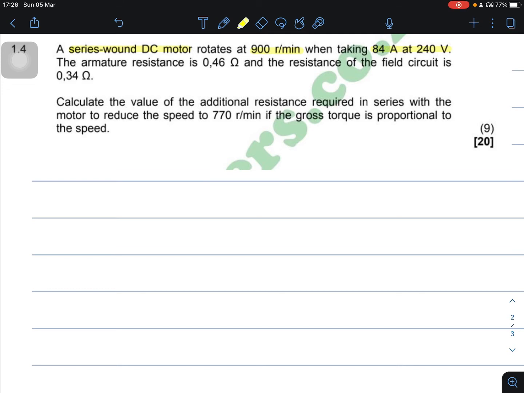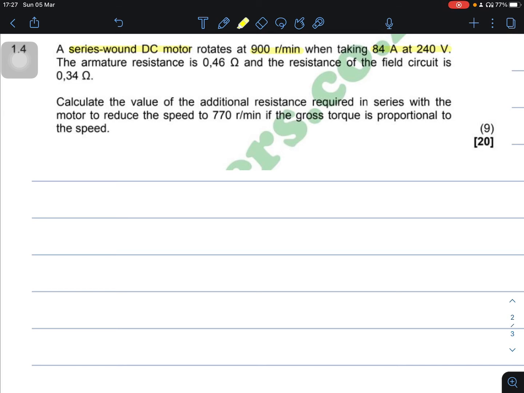If it takes a current from a supply, that is a load current. The same goes for a shunt current or a series current. They will specify a series field current or a shunt field current. Then continuing with the question, it says the armature resistance is